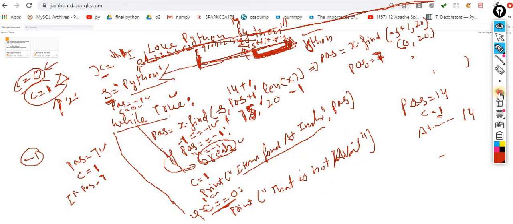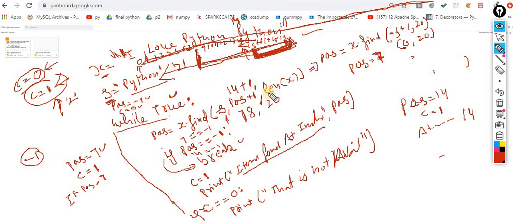Understand this scenario. Now this time I am looking for the Z value. The screen is very dirty. So this time the user enters that he wants to find the Z value. In the first case, entirely the same, position becomes -1.